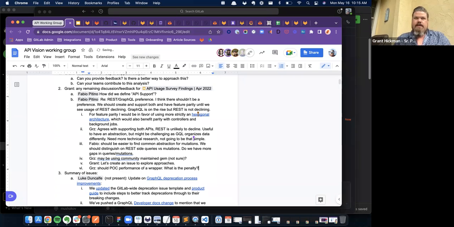Agreed. And I think that this epic should maybe define the criteria by which we're evaluating these approaches. And performance would, of course, be one. So if one approach is better in terms of performance and usability and all of the above, then we'll want to go that route. So Fabio, you're open to starting a new epic, and I'll point you to the existing related issues. Yeah, okay, sounds good. I'll do that.